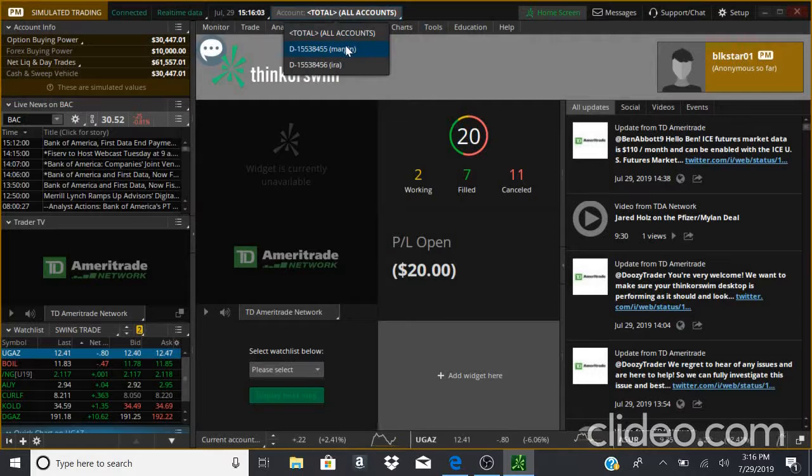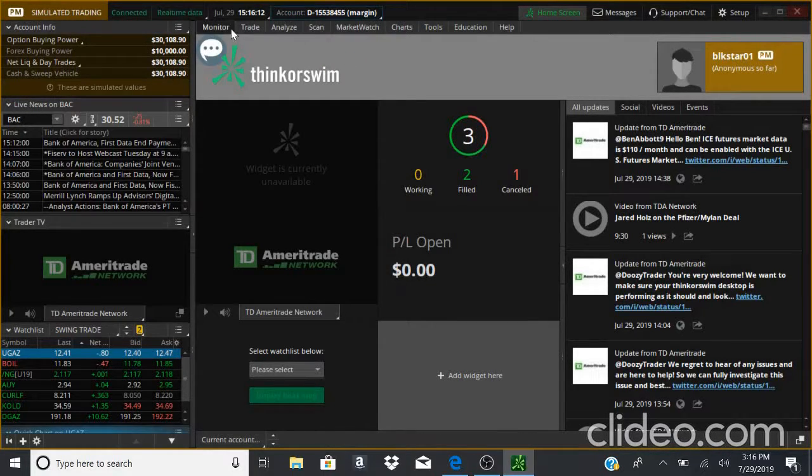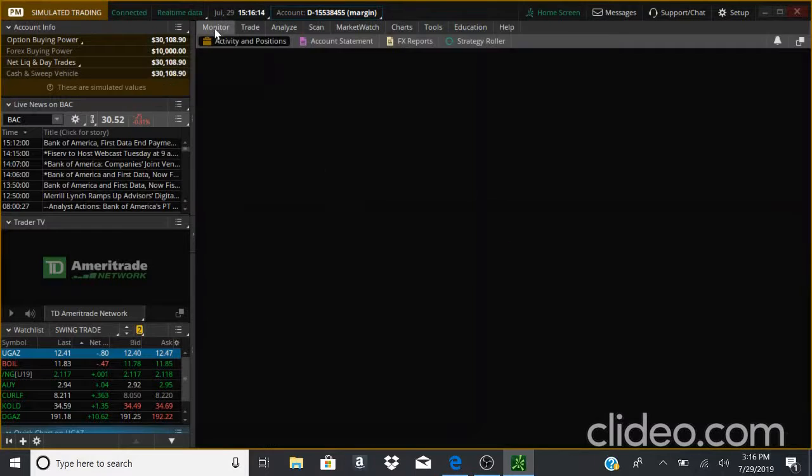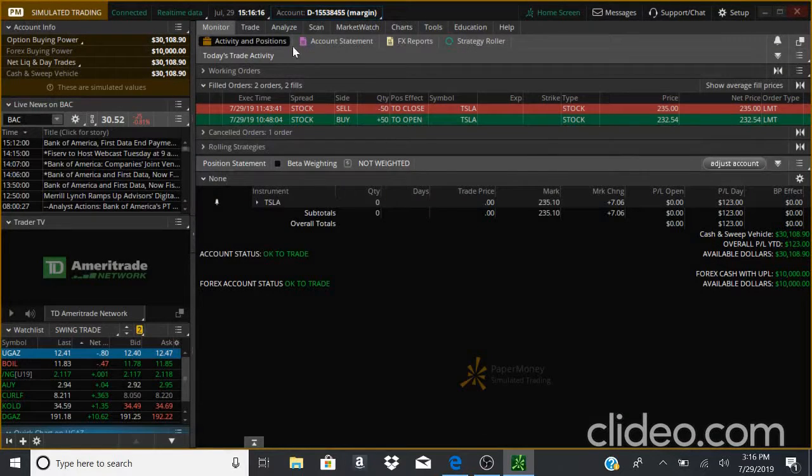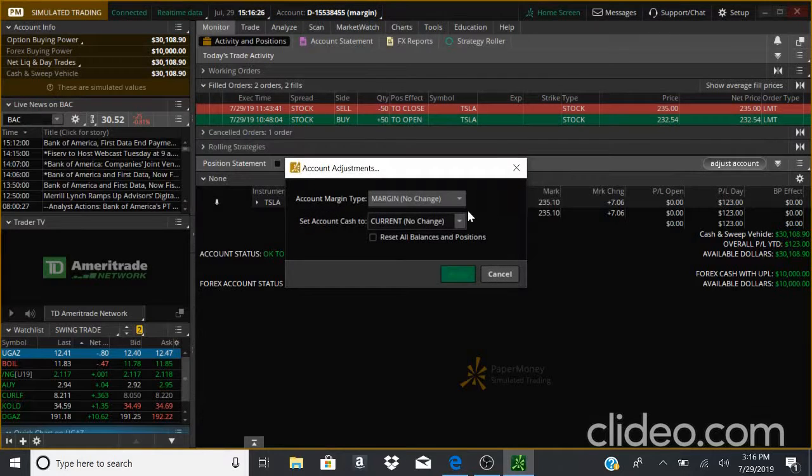You can adjust the amount of fake money you have, either the margin or the IRA. The way to do that is you'll go here to monitor. You'll see all your positions, and then you can hit here. So right now I'm in the margin account. I can adjust how much I have in the margin account using this. So you either pick margin or the IRA,